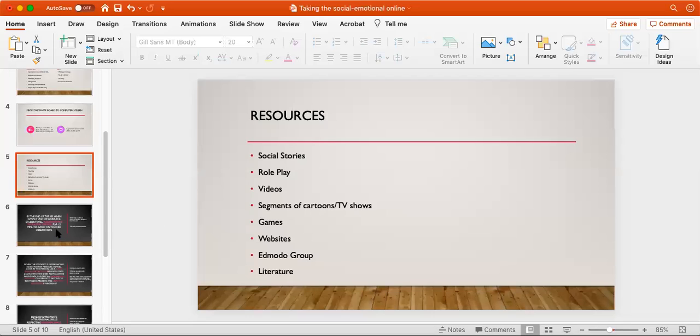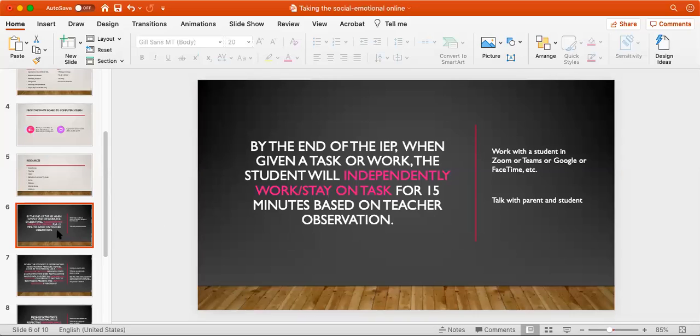So, back to our presentation. Many of our students have IEP goals that we need to address related to social emotional learning. So, how do we do this? When I'm looking at goals like this one for independent work or staying on task,